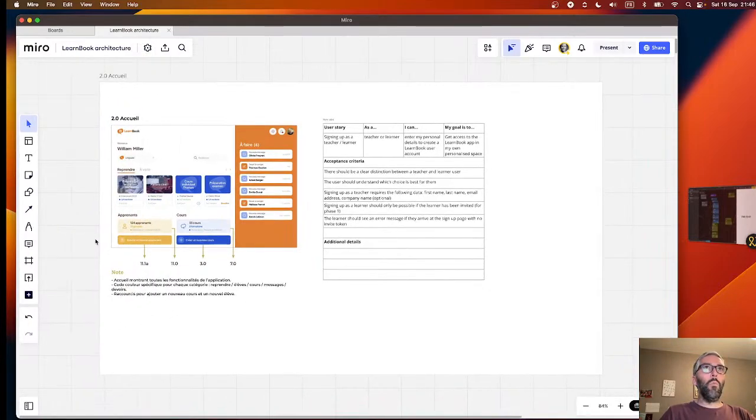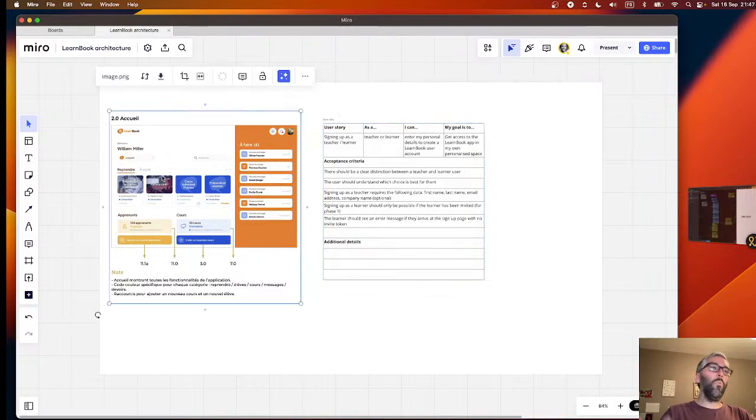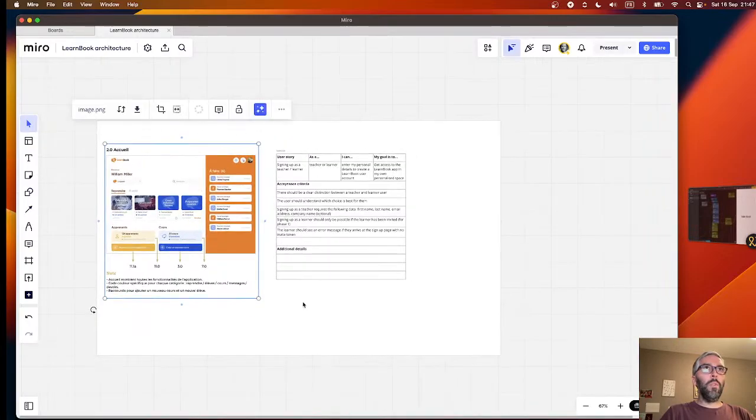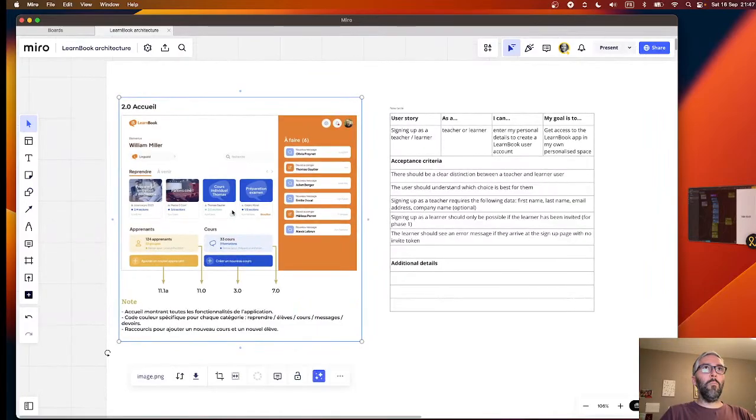So this is one way to stay organized. This is not the only way to do it. I work on other projects where I put the screens in one document, and then the user stories and the user flow and everything in separate documents. But this time I thought I'd experiment with using frames and keeping the user stories next to each mockup,